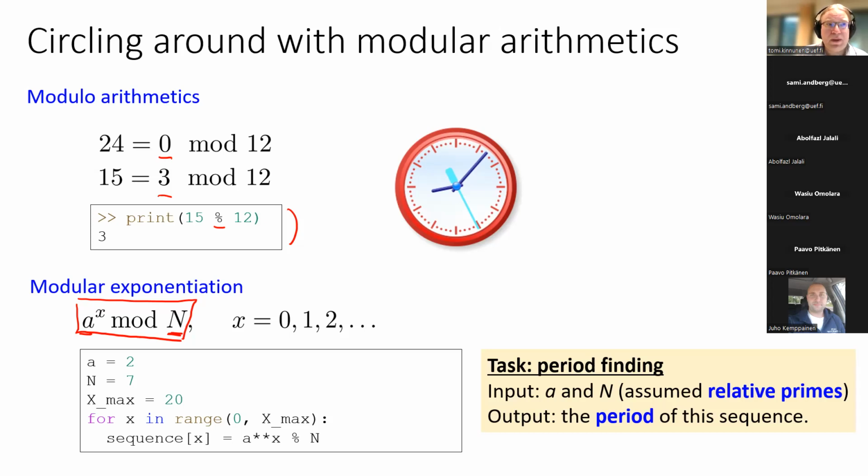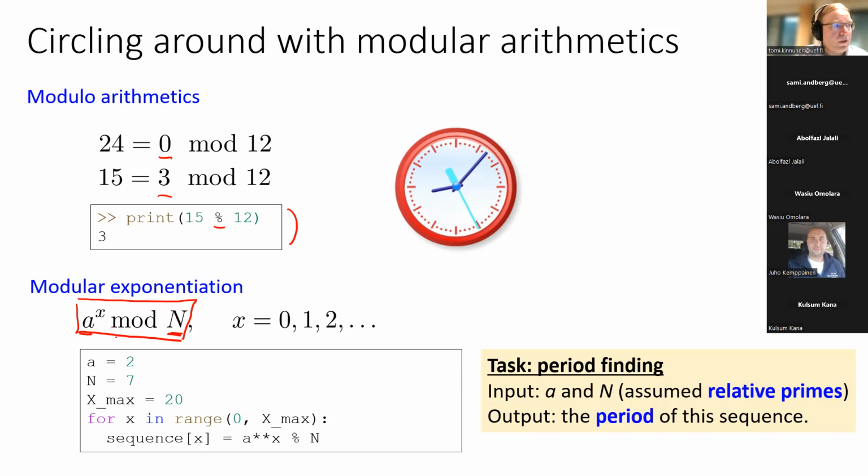And I'll stop it here. So next week we can also talk a little bit about the Shor factoring algorithm. For the time being, you can just think that when a and n are not too large, you can just solve this problem in classical computing. But in the Shor algorithm, the numbers we are dealing with are very huge, and particularly this a to the power of x will explode very quickly. I mean, you will run out of your computer memory even with not so large numbers here.